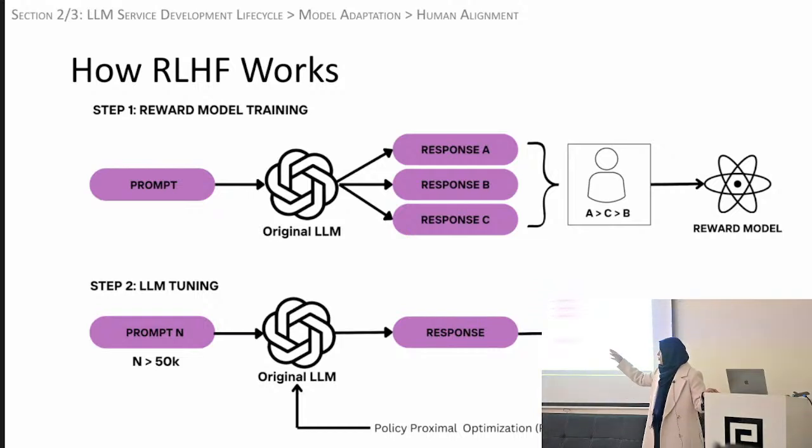So the way you do that is you give some prompts to your original LLM that is not human aligned yet, and you give it usually prompts that are likely to generate responses that are not human preferred. So you give it lots of those prompts, and you make it generate multiple responses. Now some of these responses will be human aligned, some of these will not be. You get a human labeler to actually rank these responses in order of preference. And based on that human labeling, you generate a data set that now can train this machine learning model.